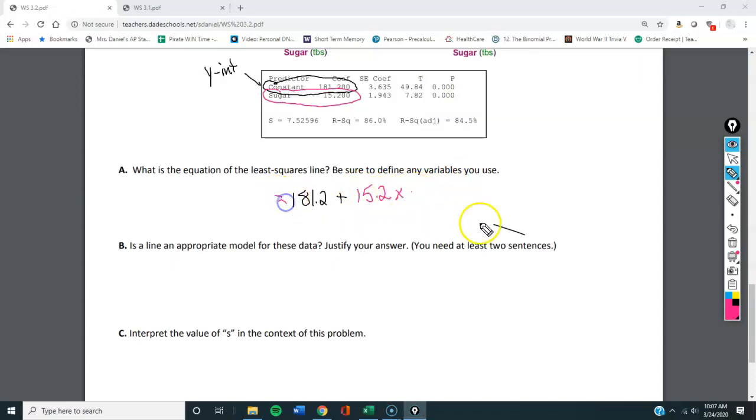And that will equal my y hat, right? My predicted. Remember the hats always mean predicted. We have to define them. Y hat would be predicted freshness. Make sure you put predicted. Okay. And x is going to be your